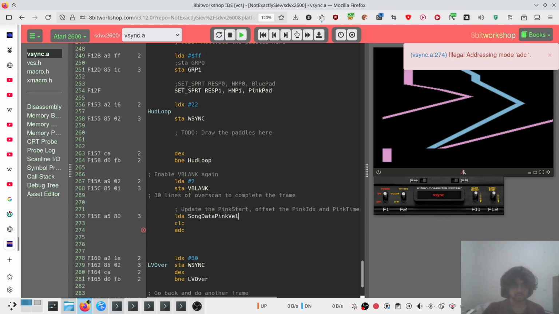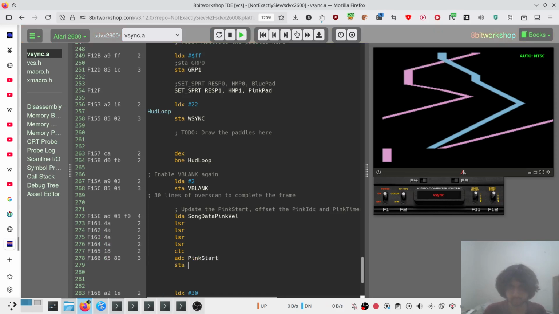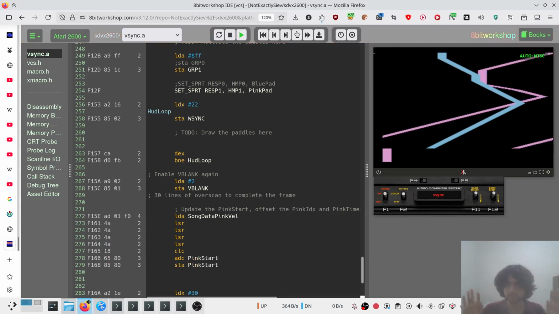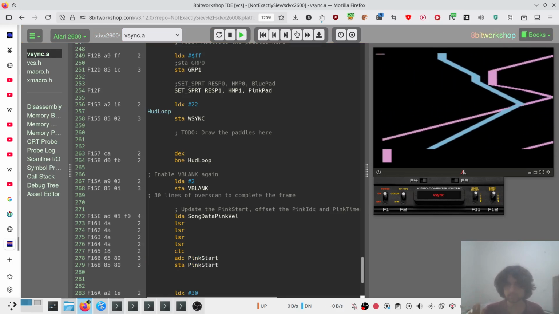CLC, sorry, LSR. We shouldn't have to do that. It should have to do the reverse of it when we're setting the H move, but whatever. Add with carry pink start, STA pink start. What's gonna happen? Okay, that's gonna move, but